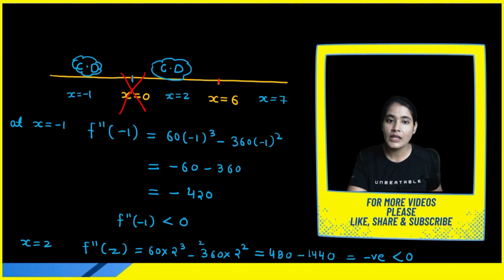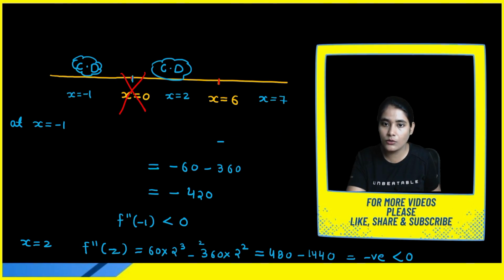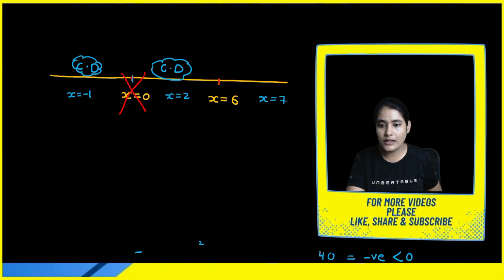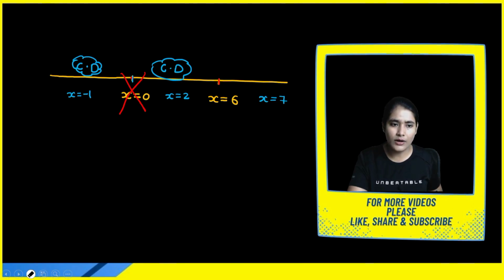Now what do we have to do? We have to check for x equals 6. I am going to remove this calculation because it has been completed. You can note it down in your notebook also. Now we have to check for x equals 6. We will put values into the double derivative. First, we already have the x equals 2 condition, concave down. Let us consider x equals 7 directly.